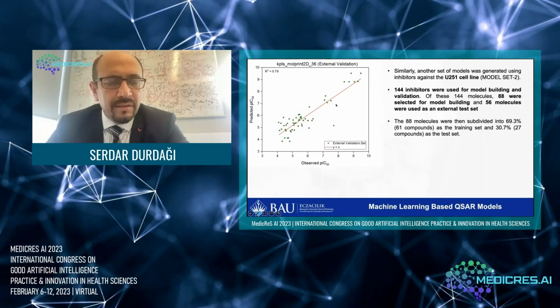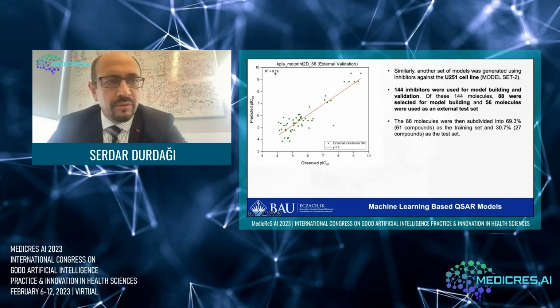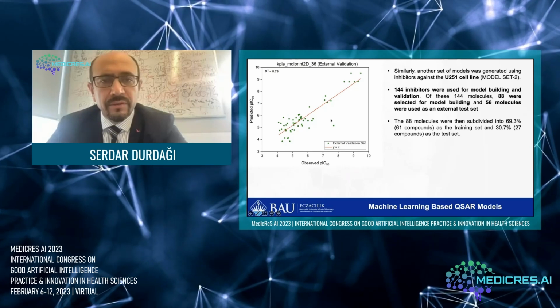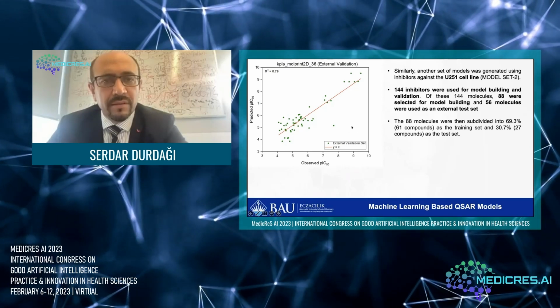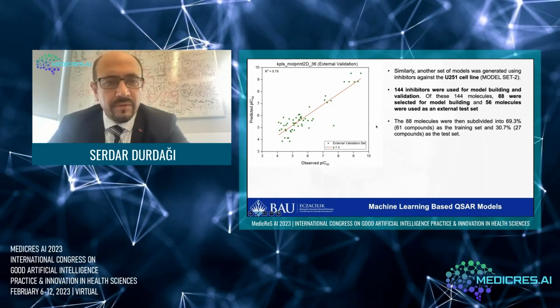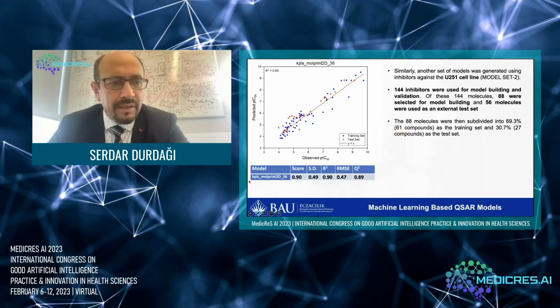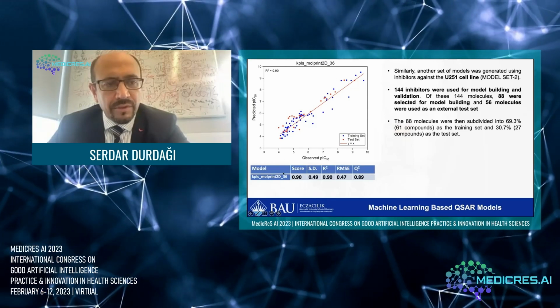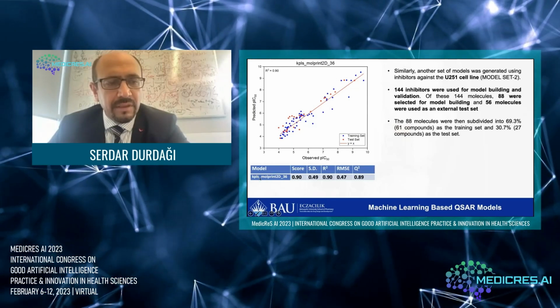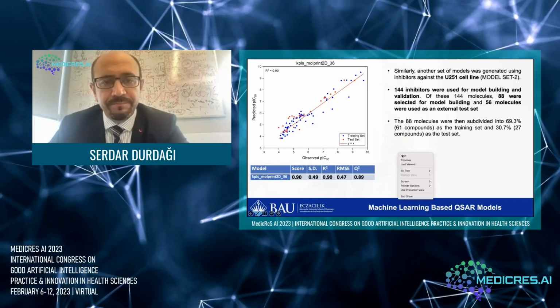And here you can see the external test sets. The R-square value is 0.79, which is very good. So it looks like this model that we constructed actually gives us very good prediction. Here again, for the model construction, we used KPLS, and for the fingerprint type, we used Molprint 2D.